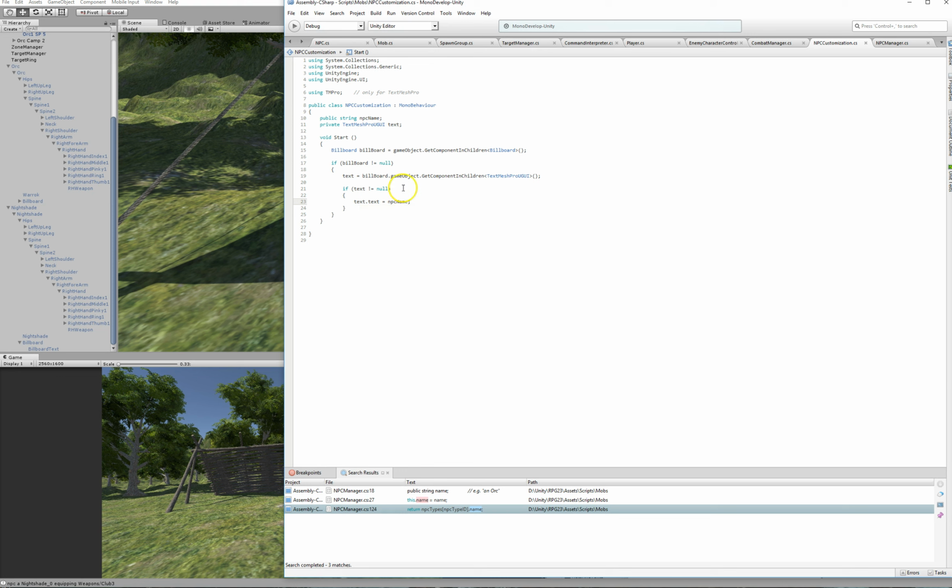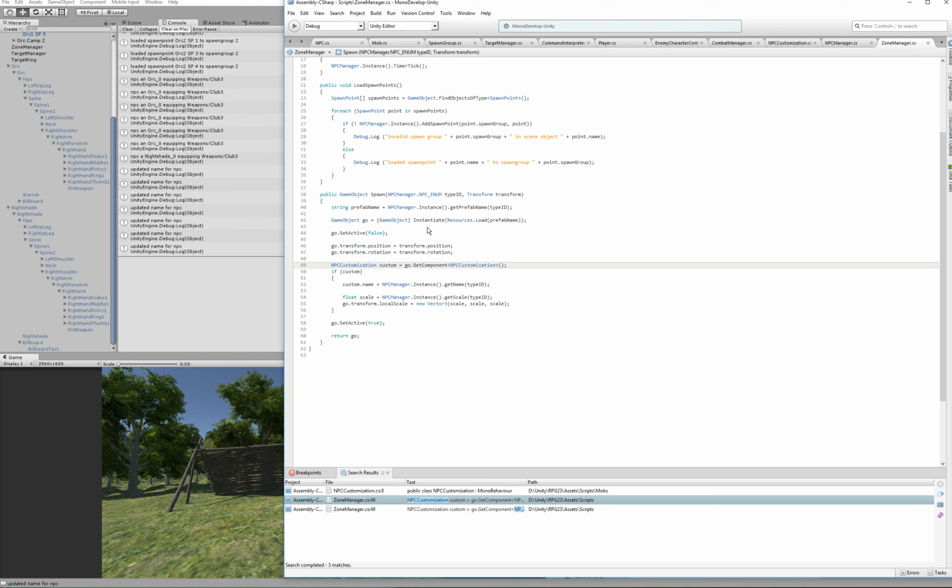So it's going to find the billboard. Let me check to see that we find the billboard. It is a little bit deeper, so maybe I should use my find deep thing. Let me pause this for a second. Okay, I've determined that the code is being called to update the names, so it's finding all the components, but